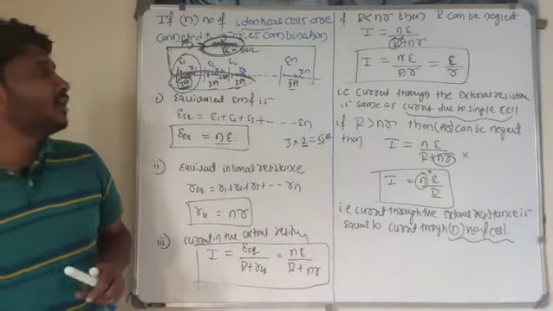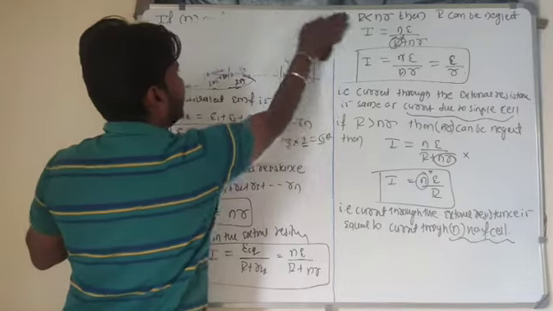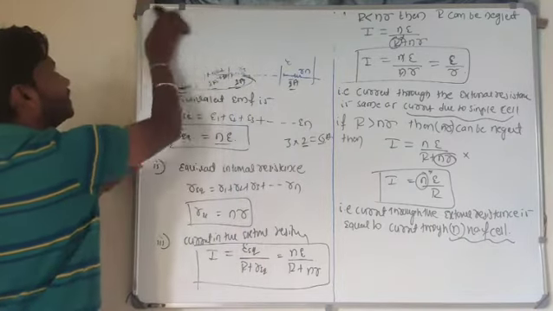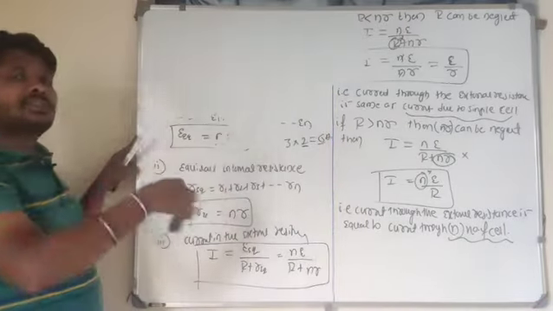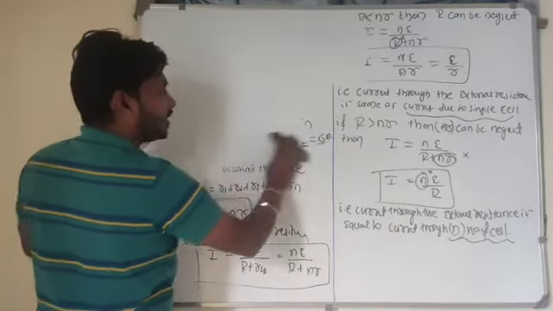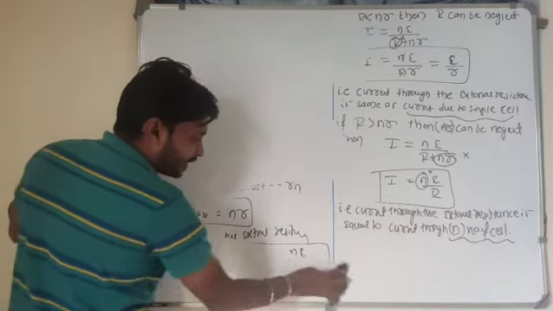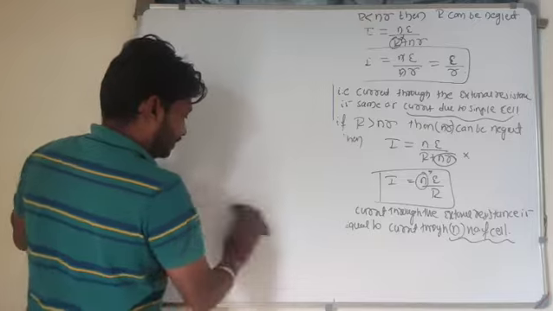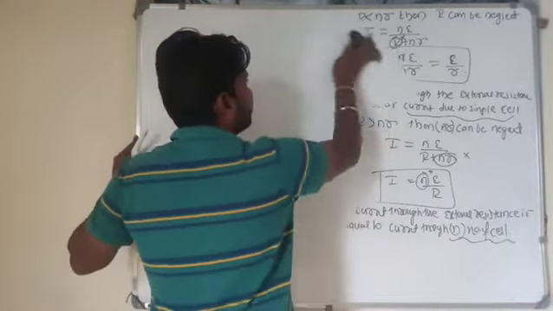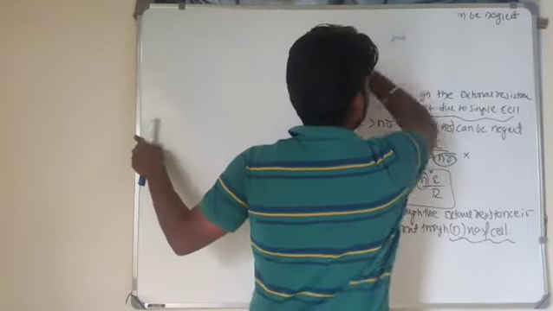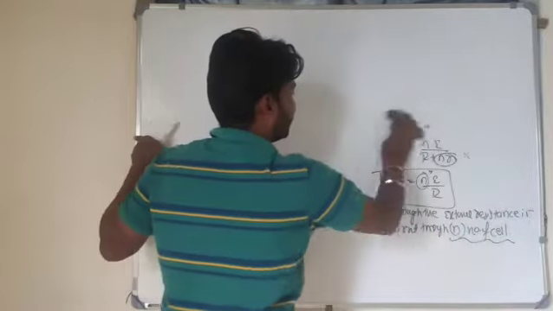And one more thing I need you to understand here. In case of the series combination of cells, if N number of cells are connected in series, out of N number of cells, some cells I connect in wrong connection. Wrong connection means opposite connection. If I make that opposite connection, what is the equivalent EMF, equivalent internal resistance, and current through the circuit that I need to find out here. So look at here, we are going to understand about that.